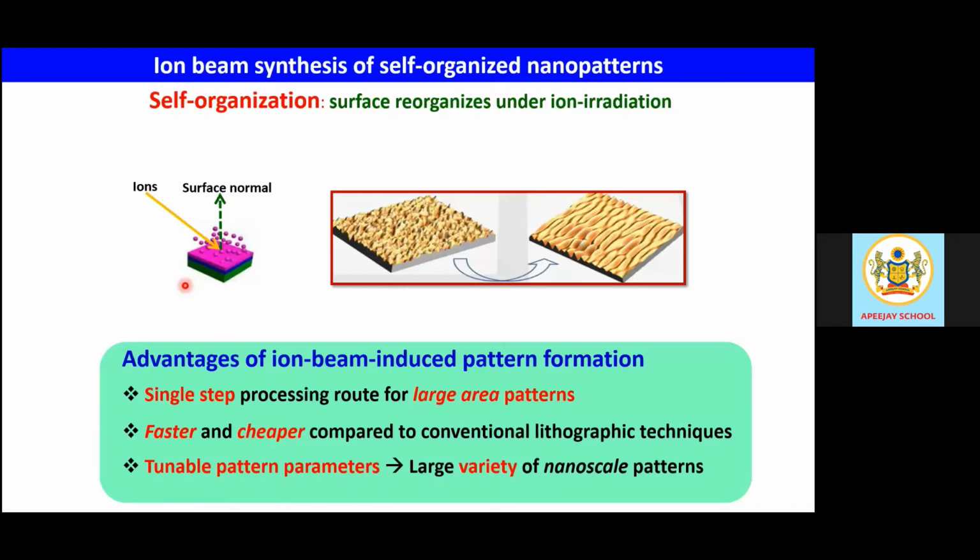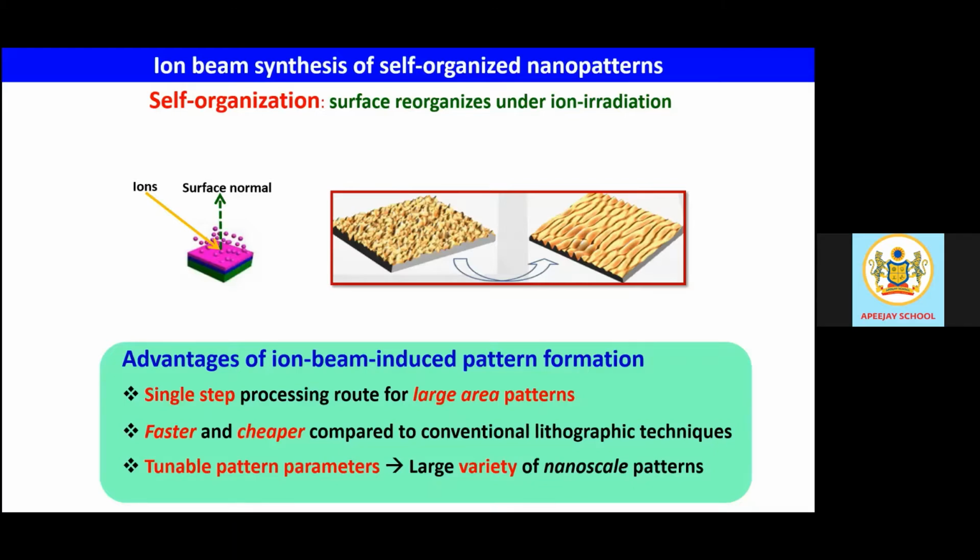Okay, so what we have learned the other day is about the synthesis of self-organized nano patterns. Regarding the definition of self-organization, what happens in case of ion-induced pattern formation is nothing other than the fact that the surface of the material on which we try to form the patterns